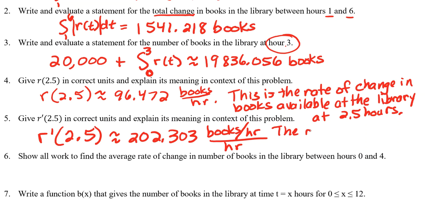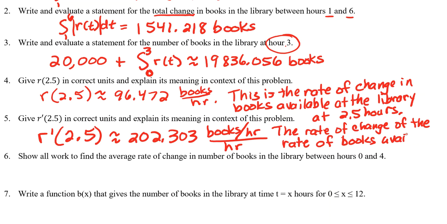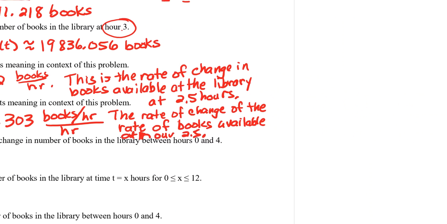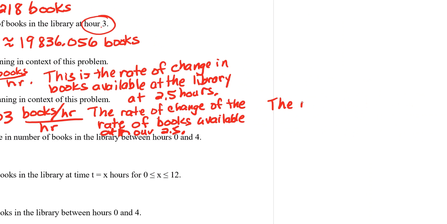So the rate of change of the rate of books available at our 2.5. And because it's positive, notice another way of saying that would be to say the rate of change